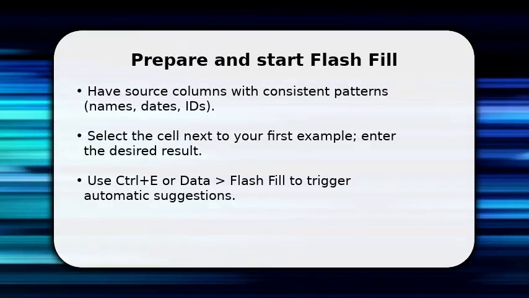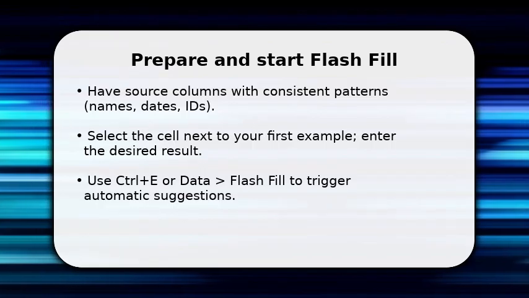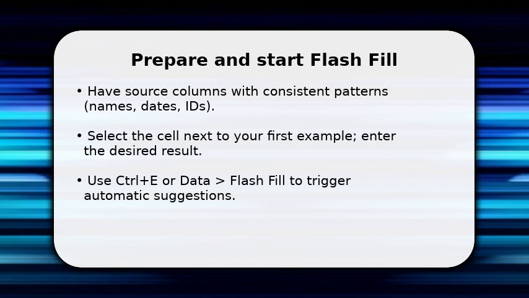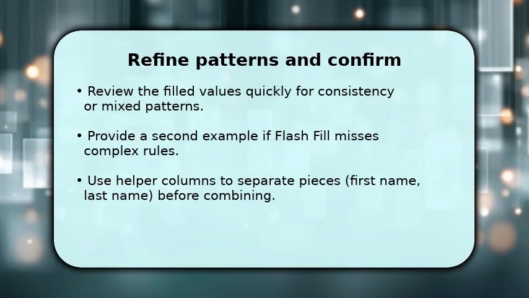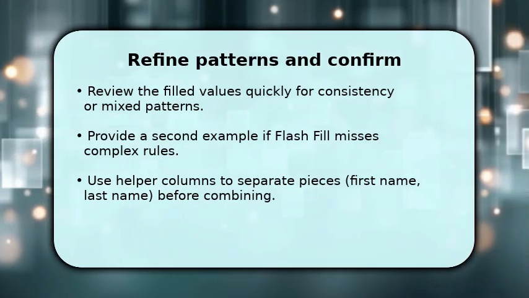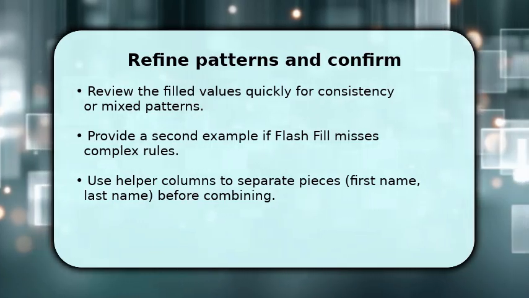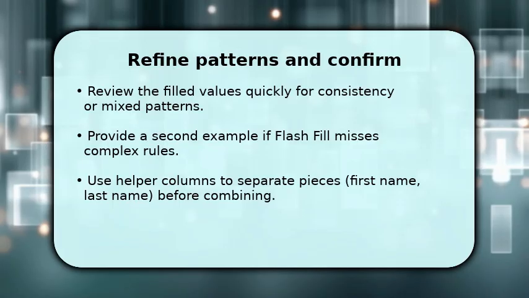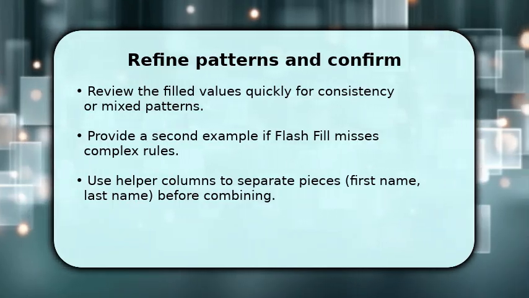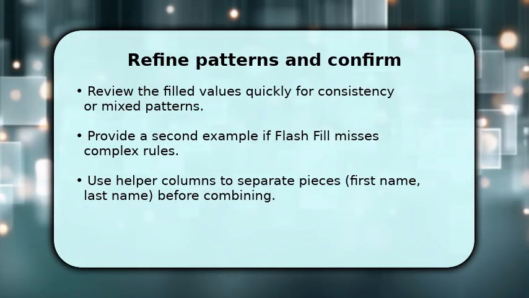Make sure your example is clear and consistent. One strong example beats several vague ones, so Flash Fill can infer transformations correctly from the start. If the first automatic pass doesn't match every row, inspect the preview and adjust with a second example to teach exceptions. You can enter a second correct result a few rows down, then press Ctrl+E again so Flash Fill recalculates